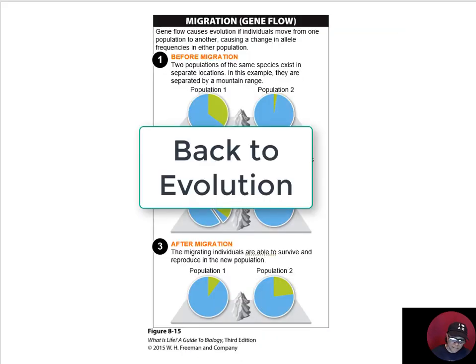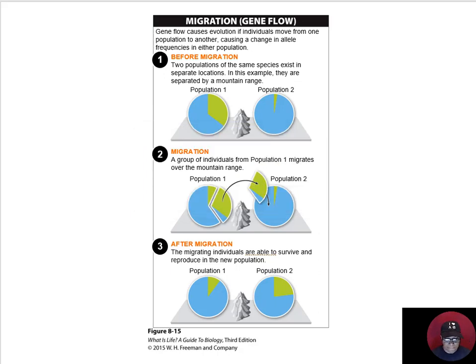All right, so back to evolution. Because we're looking at what can cause evolution to happen. What can cause this change in allele frequency in a population over time to happen? And now we're at migration, and this is also called gene flow. And so this gene flow can happen and it can cause evolution if individuals move from one population to another,